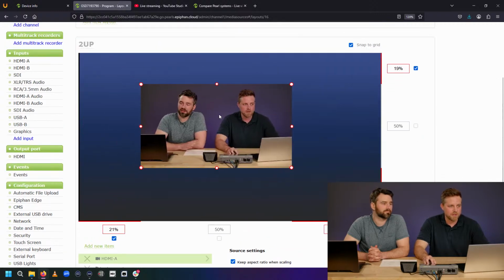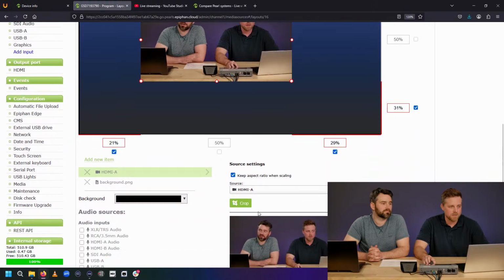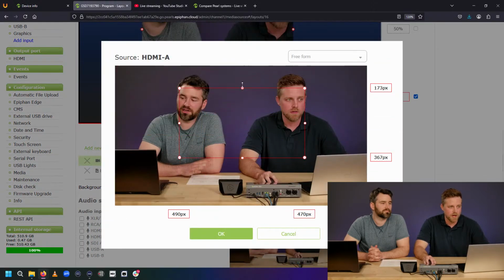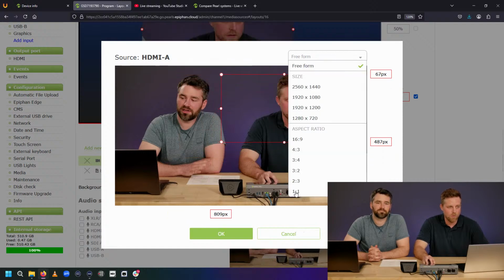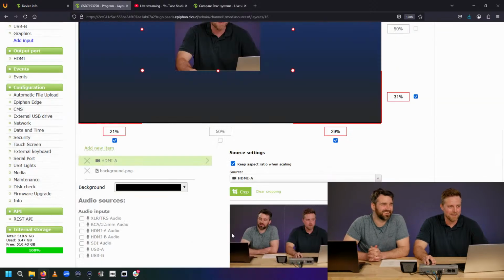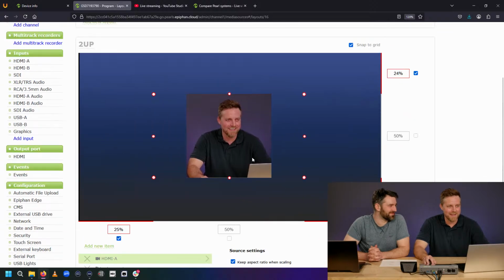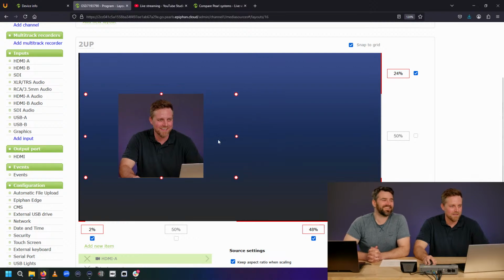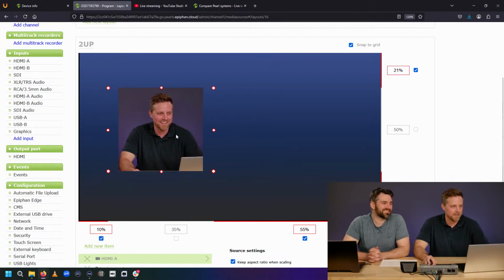We've got our camera, but maybe for this one, I just want me. So I'm going to grab a crop, click crop. Now we can do a freeform crop any which way we want here on this source, but I want to use a 1-to-1 because I want this to be a perfect square. Pretty good freeze frame we got there, by the way. Thanks, Ryan. Okay, that's looking good enough. We'll click OK. Oh, that's better. Okay, we got the smile now. So we got a nice square crop from that camera source.